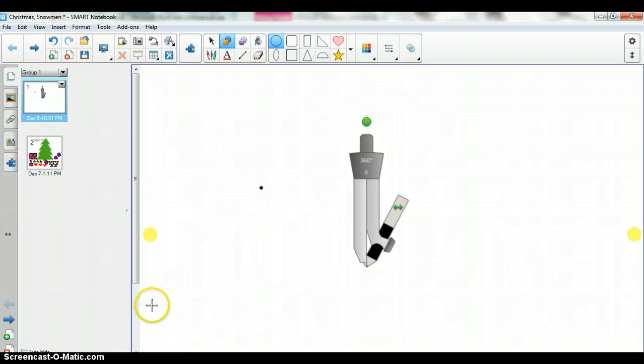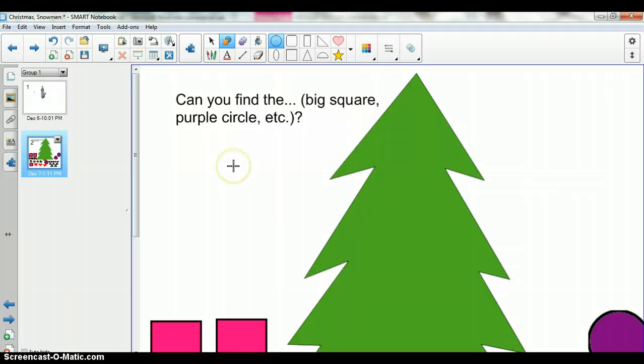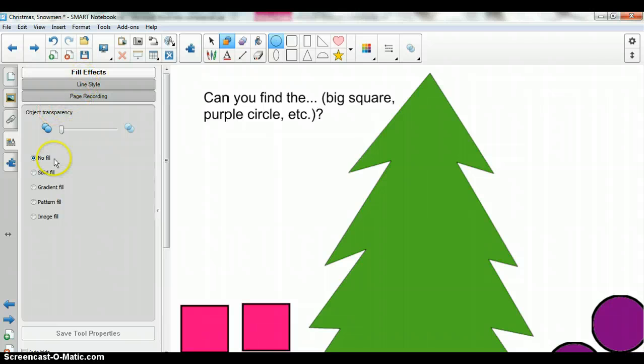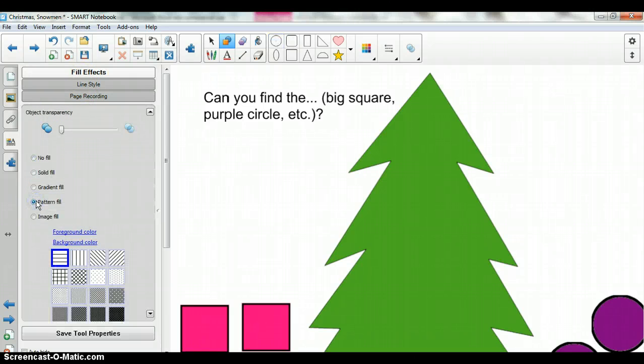So now I have the second page here. I have downloaded a template from Smart Exchange, and I'm just going to show you guys how to manipulate it and how to change stuff. So first of all, we're going to give it a background color since it's pretty plain. So we're going to go down here, fill effects. Let's do a pattern. Actually,